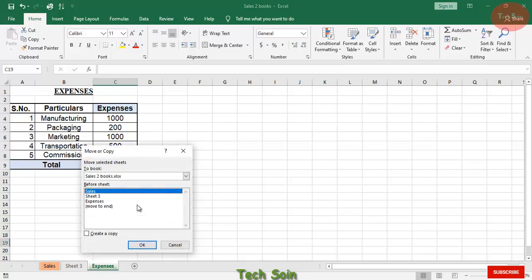You can also move a worksheet to another workbook. It can be a new workbook or an existing workbook that is currently open. Select the worksheet, the new workbook or the one which is currently opened, and then click OK.